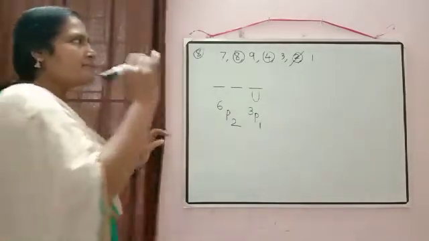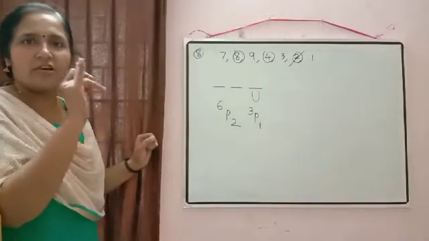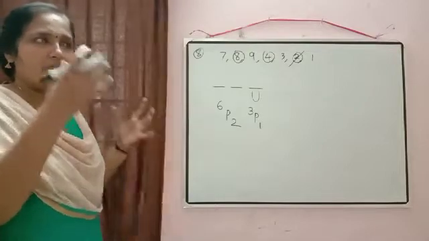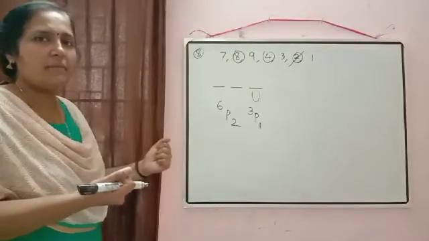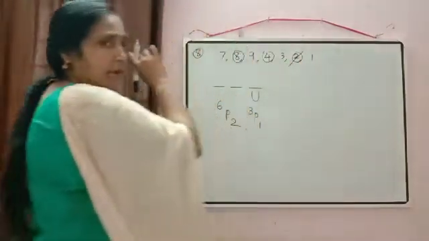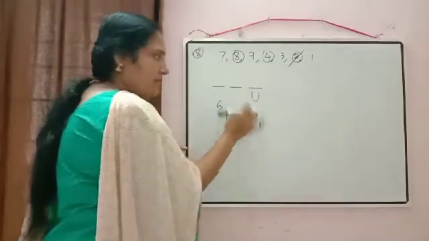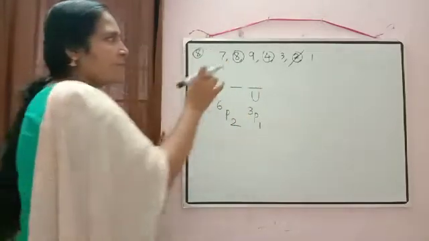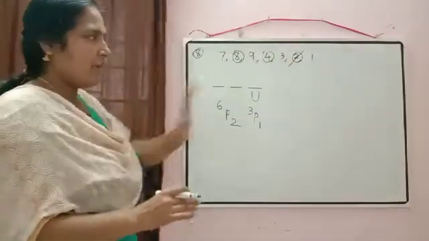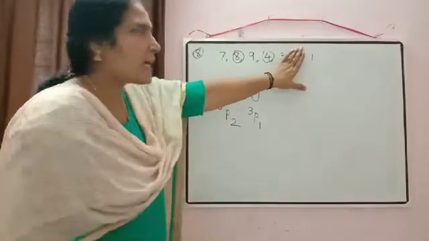Just to check here, we need an even number there. So we know the condition of an even number. In the unit place we want only an even number. So we are checking the options which are available with us. So we have the numbers here 2, 4 and 8. So in this place, one place only is there and we have 3 numbers available with us. So this place can be filled in 3p1 ways. So when we filled this place, it means we filled one number here. So that's why I said you just cut 2 there.